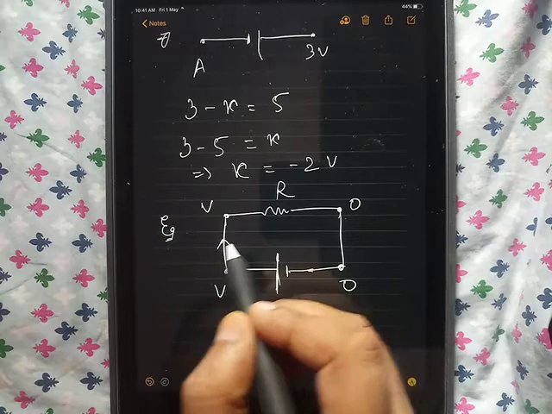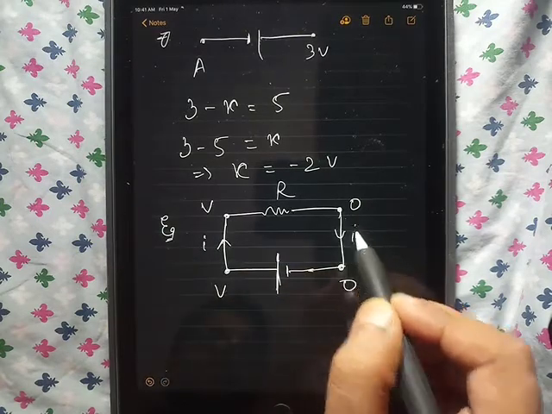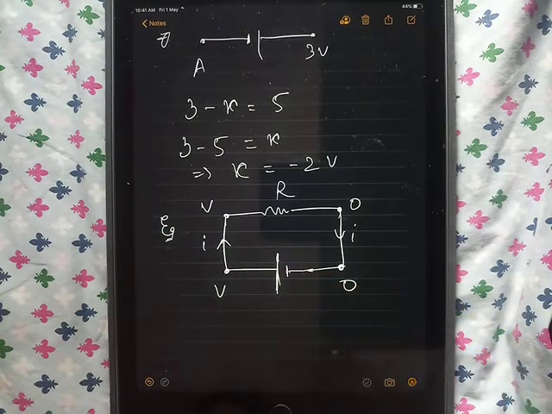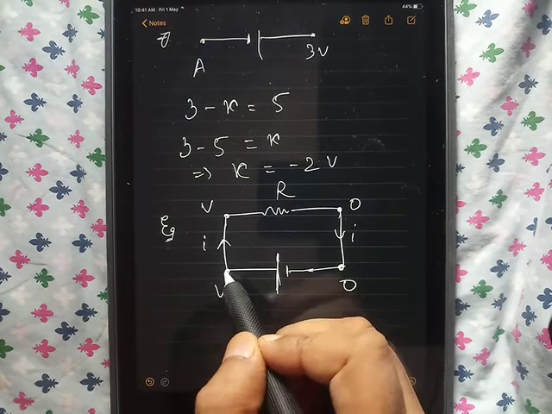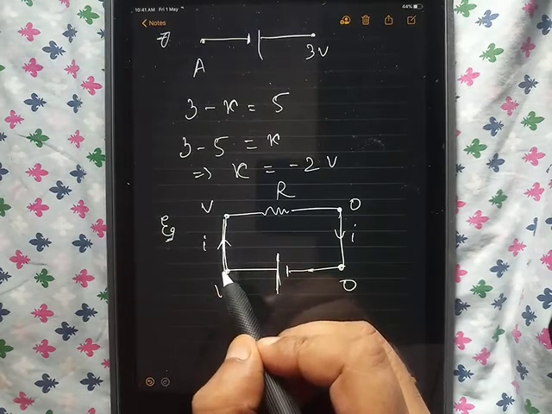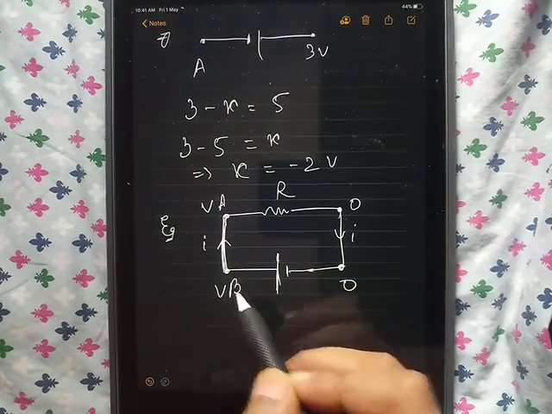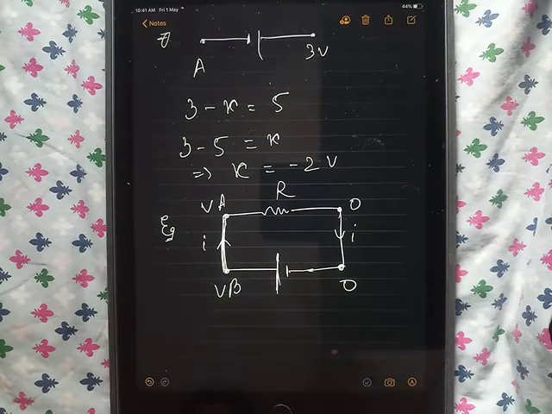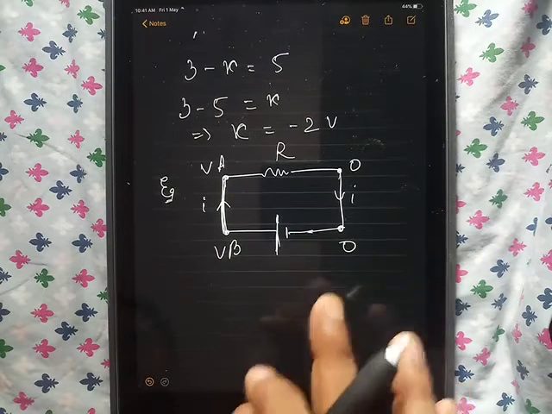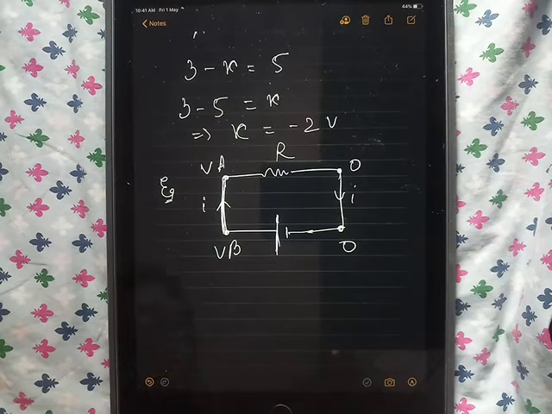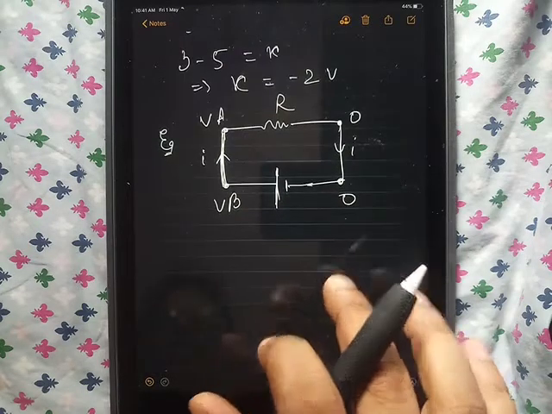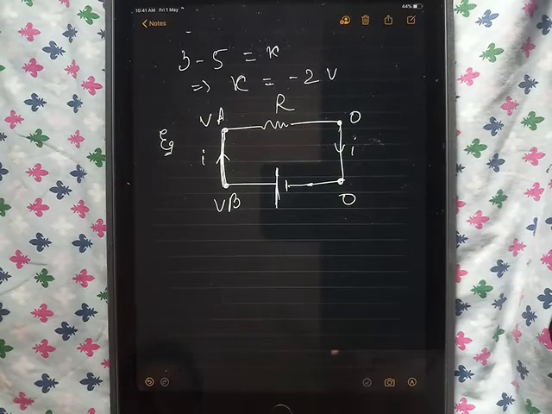Current flowing in the circuit is I. Here an important point: there is no potential drop, no potential difference between these 2 points, point A and point B. Basically we considered this wire as 0 resistance. In practical purposes it is not possible, but for theoretical purposes we will consider the resistance of this